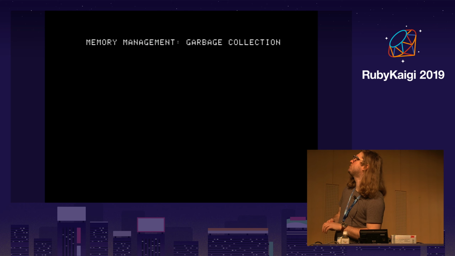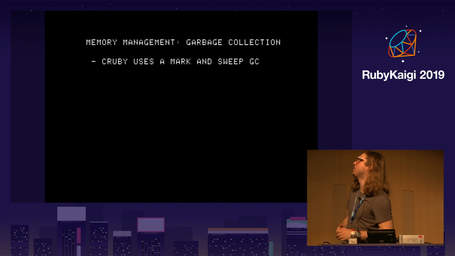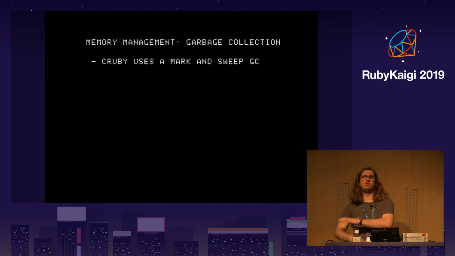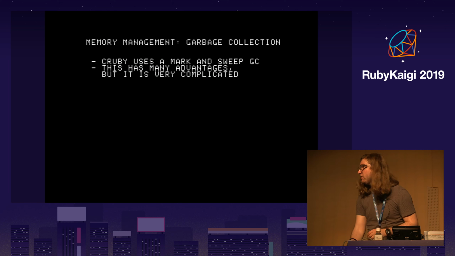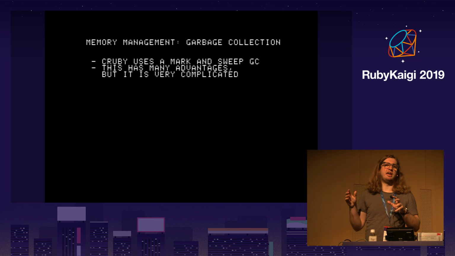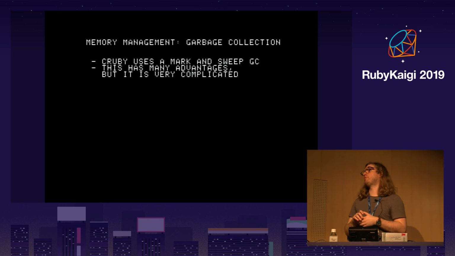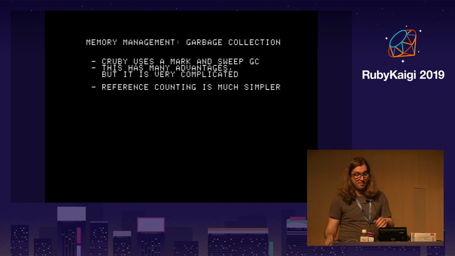So let's jump into how you do garbage collection. So how are we going to do garbage collection on this tiny computer? C-Ruby uses what's called a mark and sweep garbage collection algorithm. You could do an entire talk on this. Suffice it to say, it's really good. It has a lot of benefits. However, it's very, very complicated, especially C-Ruby's mark and sweep garbage collector has all sorts of performance optimizations and nice things going on. We're not going to be able to do mark and sweep garbage collection, but we can do